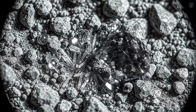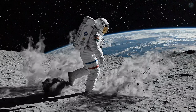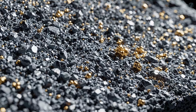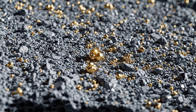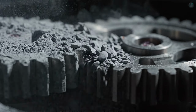growing off-world orbital economy. But this treasure is hidden within the regolith, a chaotic mixture of crushed rock and dust that behaves unlike anything we find on Earth. We are shifting our focus from why we need these materials to how we can extract them from this seemingly desolate and grey lunar wasteland. The challenge is immense. Gold exists in trace amounts, locked inside a material that is notorious for being difficult to